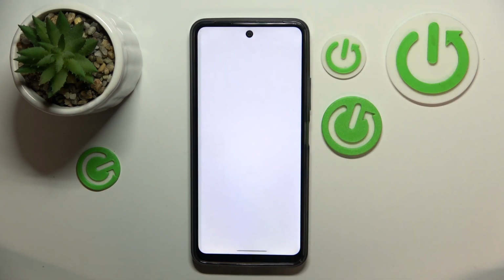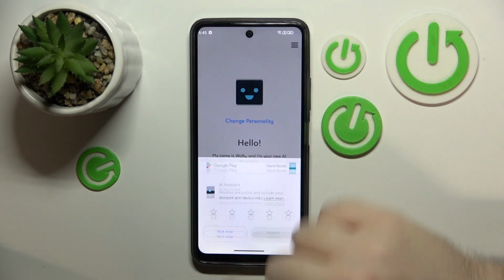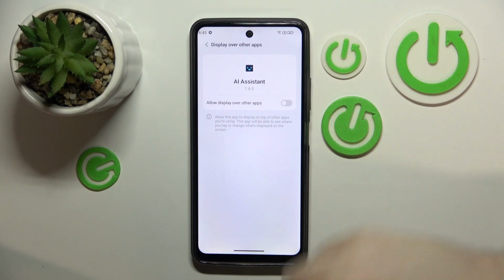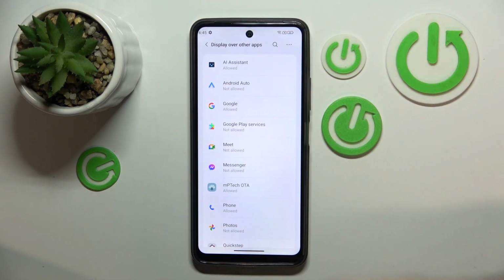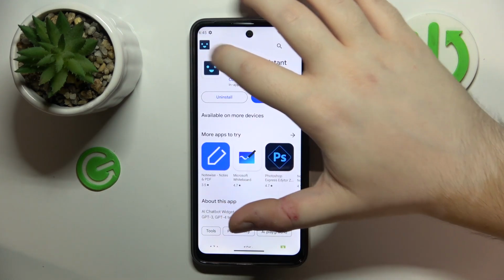Now click open. And click this button to skip introduction, then click not now, and click open permissions, then click on AI assistant, and click here to allow this app to display over other apps, then you have to click back, and click back again, now you have to click start, and as you can see here is your ChatGPT